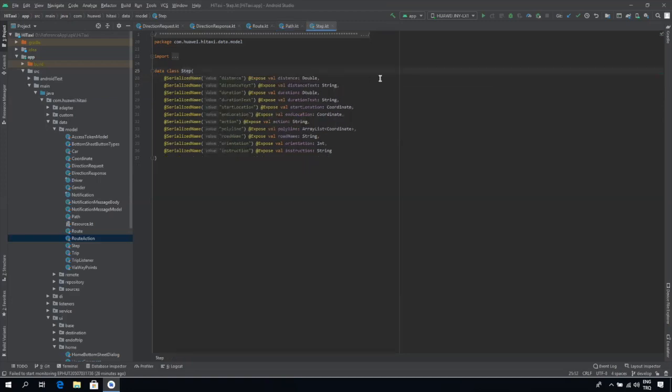Step model is a little bit similar with path model. Just step model is small part of path, and when they become together, they constitute path model. As we see, step has its own distance and duration variables. They have distance and duration data as double and string. We can use these distance text and duration text variables to let user know ETA about